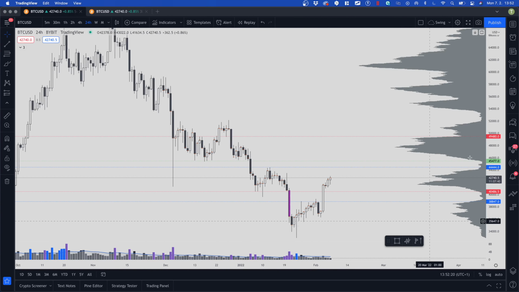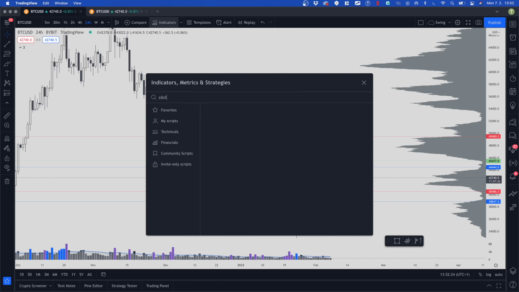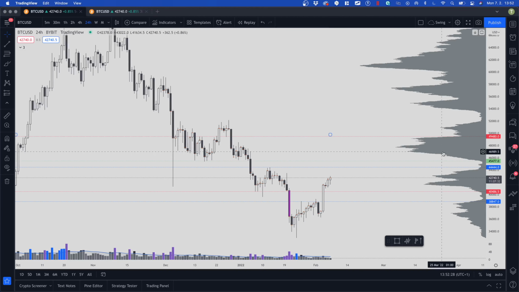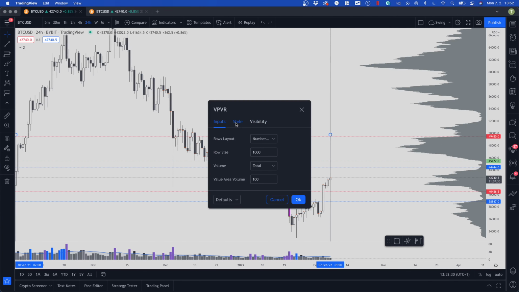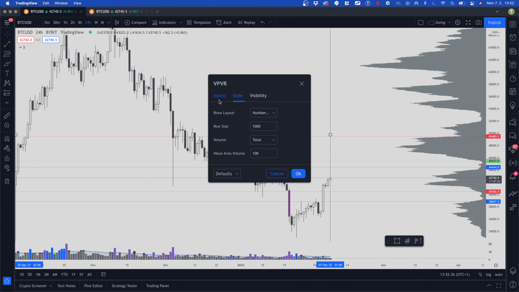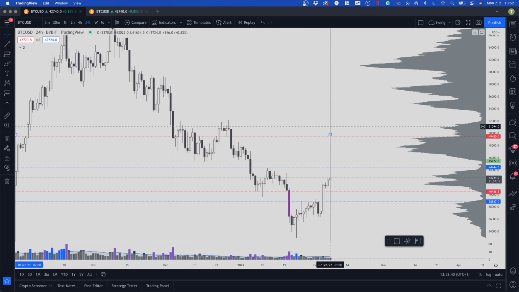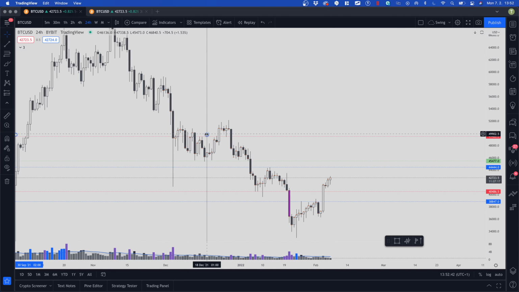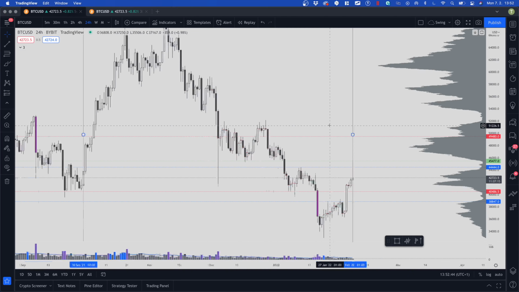Just so you can see that I have it here. The profile on the right is a simple visible range, which is the native indicator from TradingView. These are my settings. I don't have the value area for the composite profiles. I'm interested in these high volume nodes, which I will talk about later on. You can extend it and change it, but I just have it for